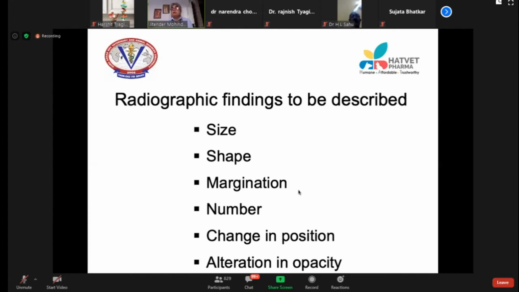Then number, for example, you see calculi, how many calculi are there? You see stones in the GIT, how many stones are there in the GIT? So that is number. Then whether the stomach is in its normal position or whether there is a volvulus, the pylorus has gone up, the fundus has come down, or whether some organ has displaced from its normal position, whether there is a diaphragmatic hernia, where the liver or stomach may displace into the thoracic cavity. Then alteration in opacity, whether you are able to see the fat or not,